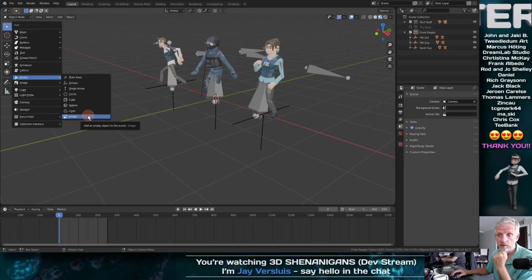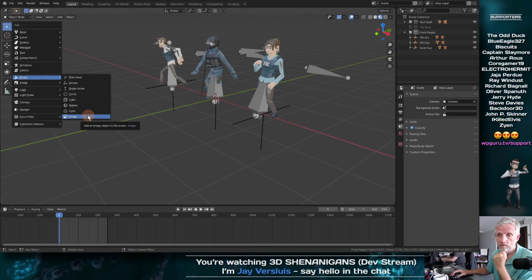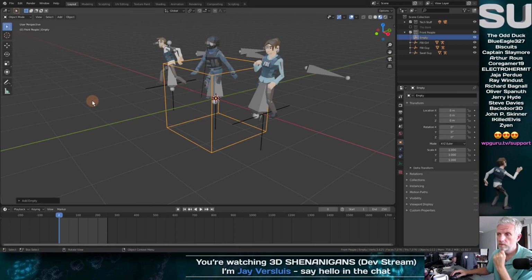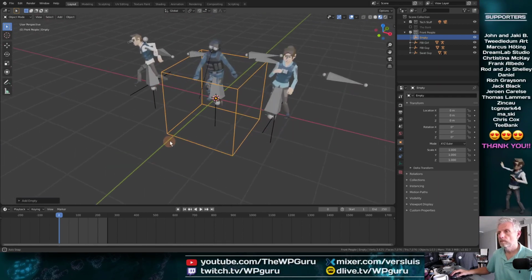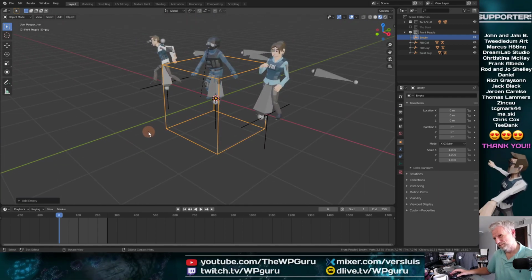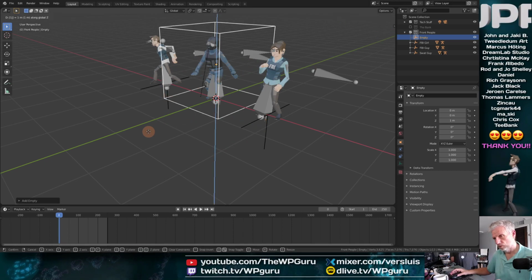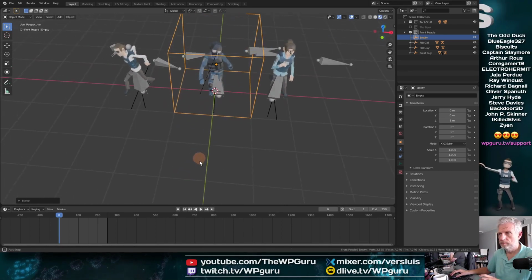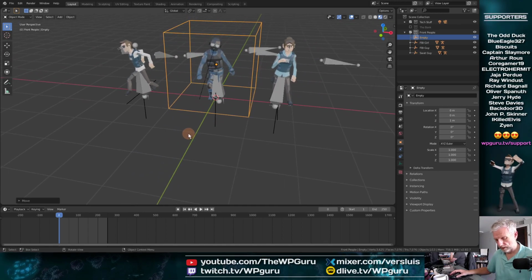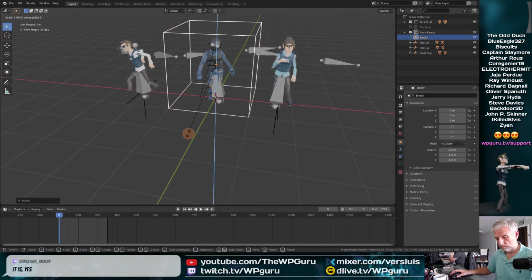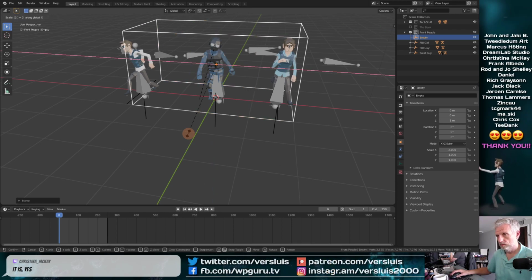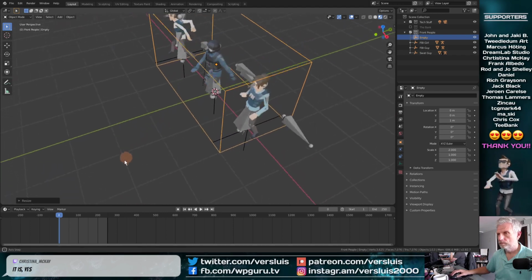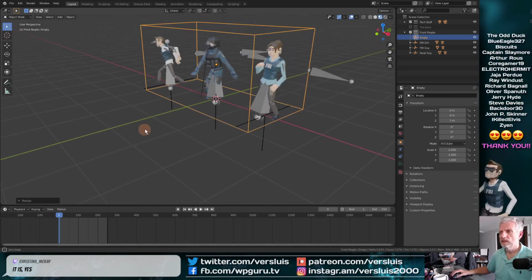You could even use an image. How interesting. Or cone. Maybe just a cube. Cube's good. And I'll just go and move it up, perfect. And then I'll scale it, whoops, that's X2, like so. Just so that they're kind of in there.